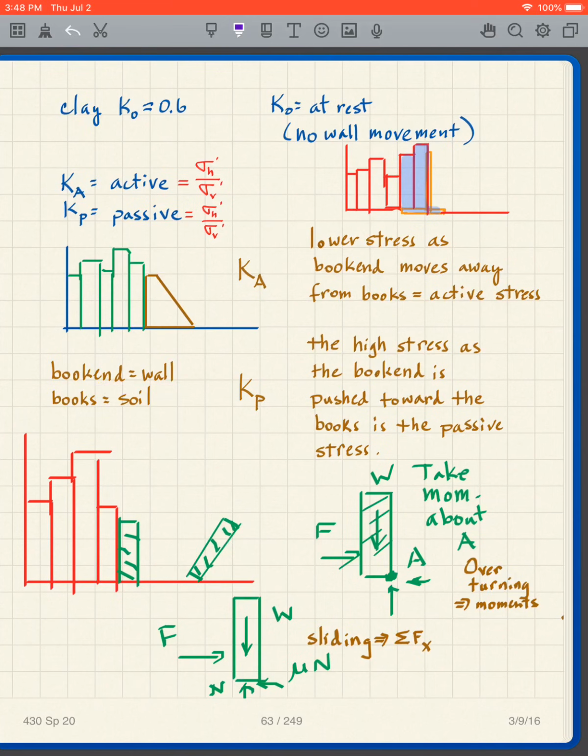So you got a new bookshelf. You put your books on your bookshelf, and you take your bookend and you push it up against your books so that they look nice and neat,